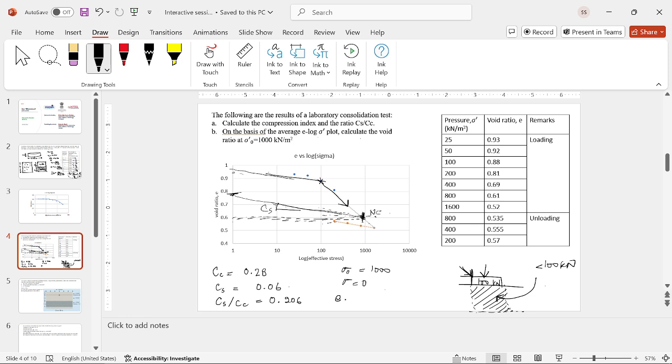So e loading, we already know somewhere here, will be about, for argument's sake, let us say 0.6, and when it is on the unloading line, it will be